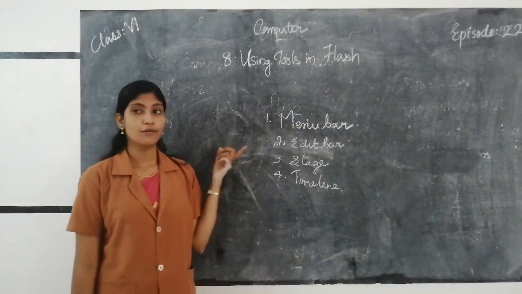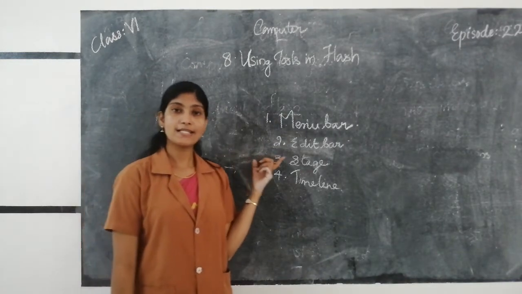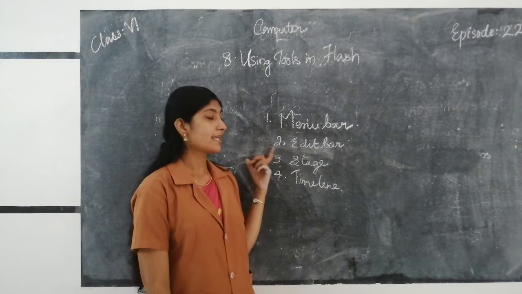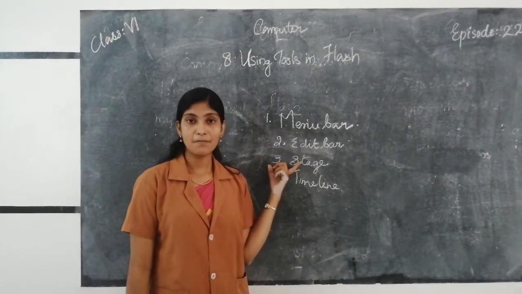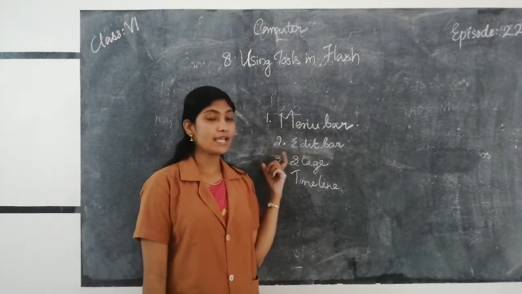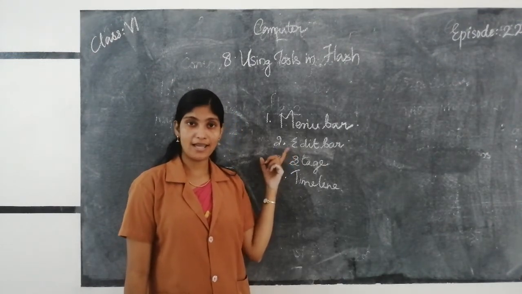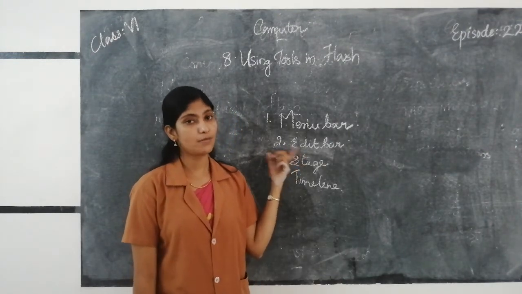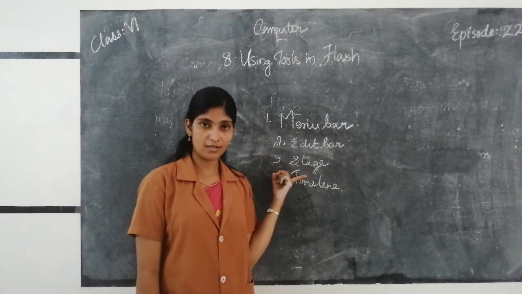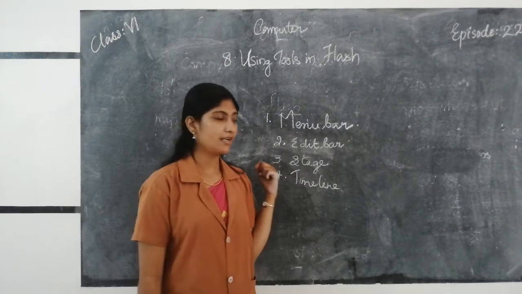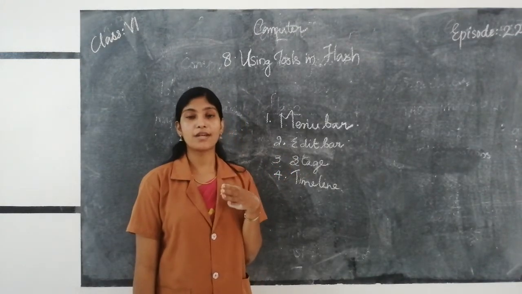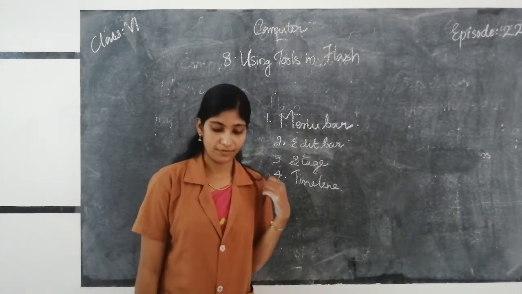So once again, first, the menu bar, which contains some options, and you can choose your options from there. Second one is the edit bar. If you created your work, you can edit the scenes or animations in there. Third one is the stage, the working page for creating your content. And the next one is the timeline, containing a number of frames arranged in a grid form.